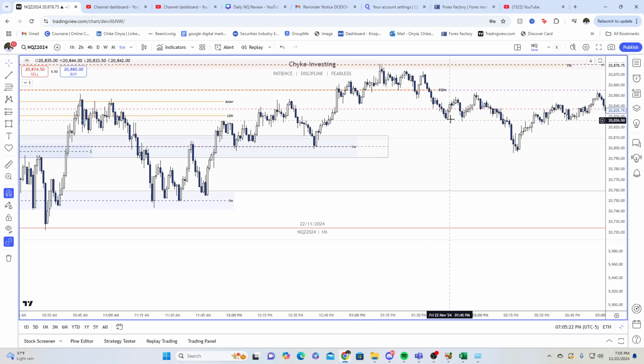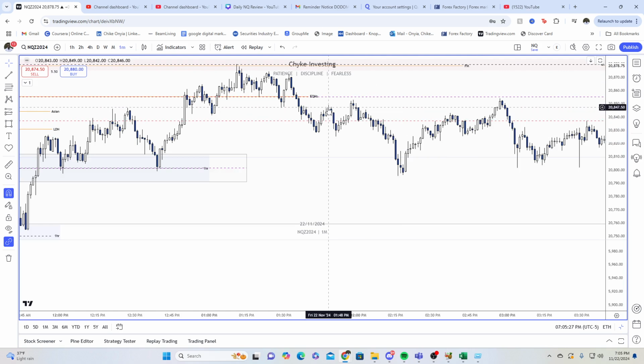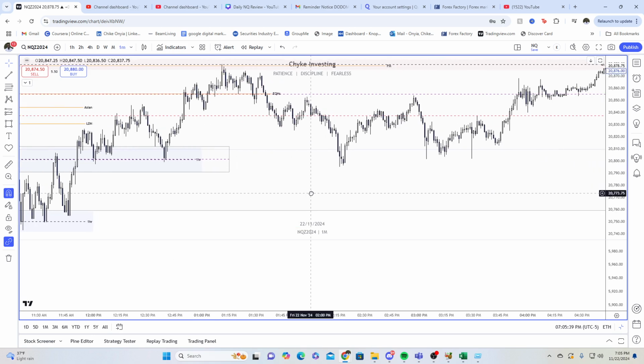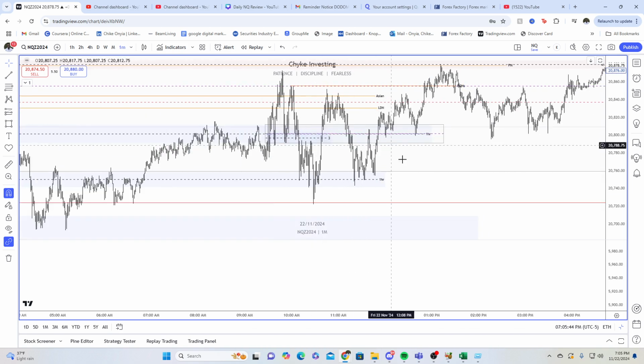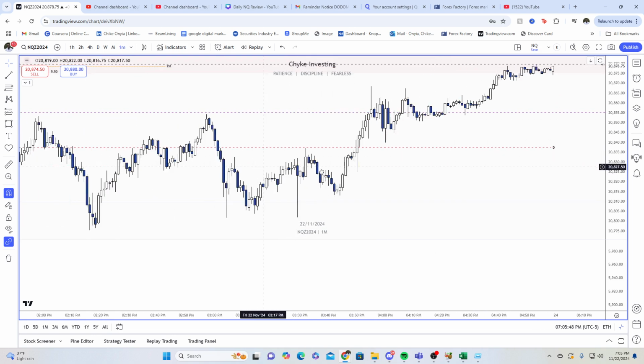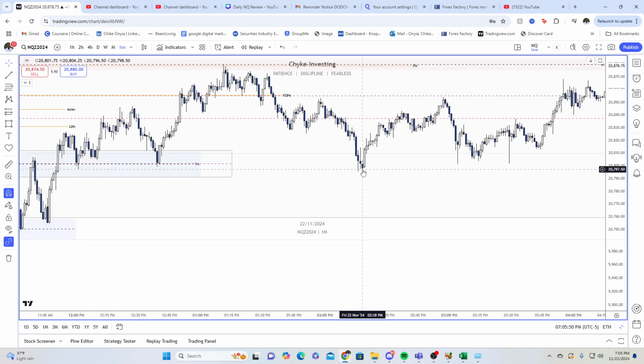Price starts breaking down. We do form this 22 model right here. High, low, higher high, breaking market structure, fair value gap starts presenting here, right? But we took out this low and this low. So on a day like this, I'm anticipating that, especially in a PM session, after we've moved so much in the AM session, once you hit the first or second leg of liquidity, price is just going to come back up, right?